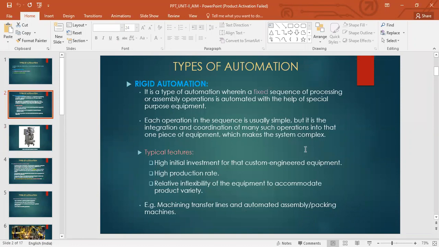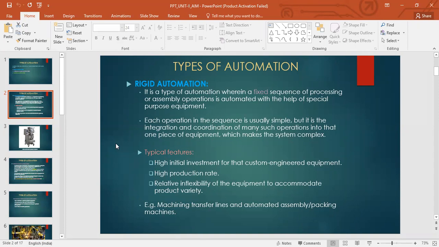So those typical features, you see high initial investment we discussed, because that's a custom engineered equipment as per the product design. We have made the equipment. Okay, high production rate, no doubt, because there is no loss of production time, right? There will not be any delays, because it's a continuous process. You will not interrupt the machine, because there's no need to, right?